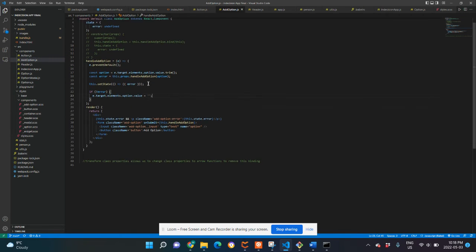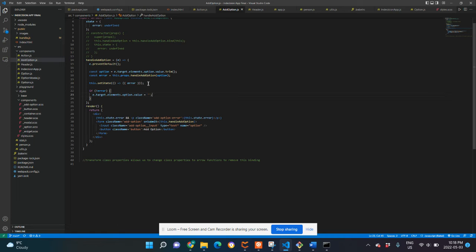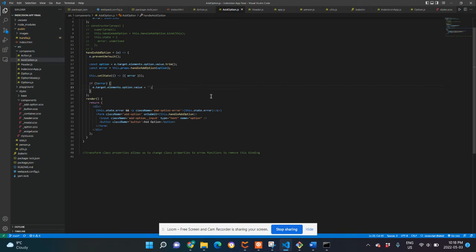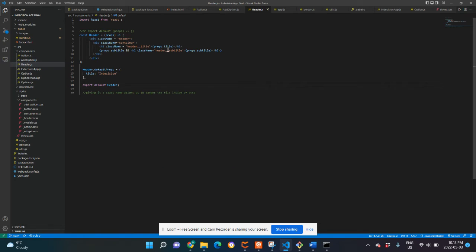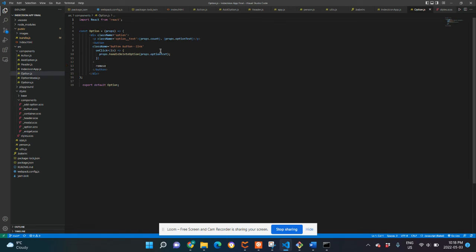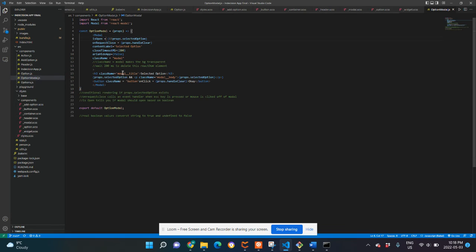Next is our add options, which basically provides our error checking. So if you don't have any options in the list, it tells you to add an option, so on and so forth. And again, it uses one of the event callbacks. Header is very basic. It's just our title and our subtitle. Option is each individual option in the list. Option modal is